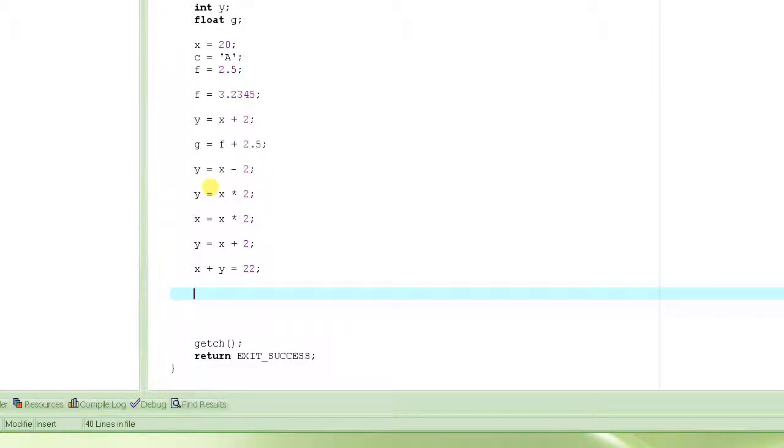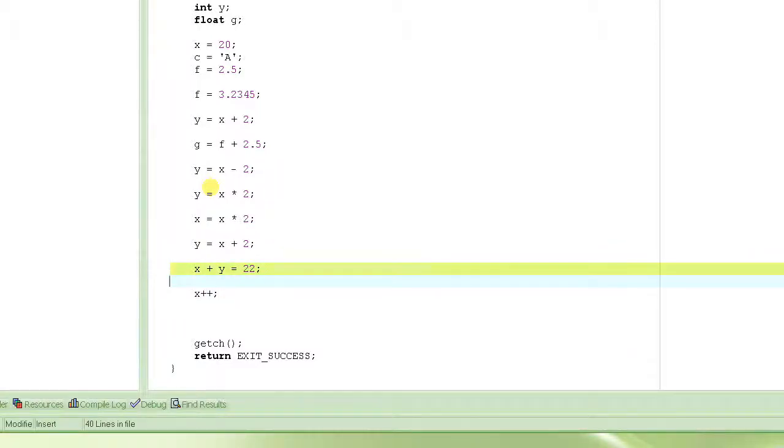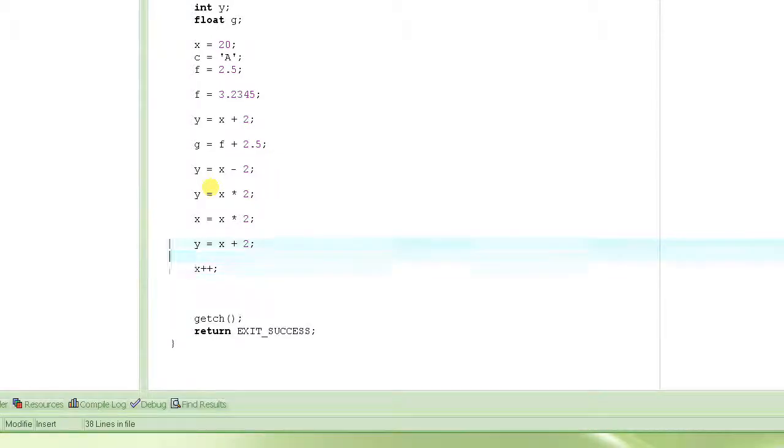Real quick, there is another operator which is a little bit unusual. You might find it unusual. It is the plus plus operator. What it does is it increments the value of whatever operand it's working on. It's a unary operator, which means it only needs one operand. So if I write x plus plus, so this is illegal, so we are going to delete this. If I write x plus plus, what it will do is it will